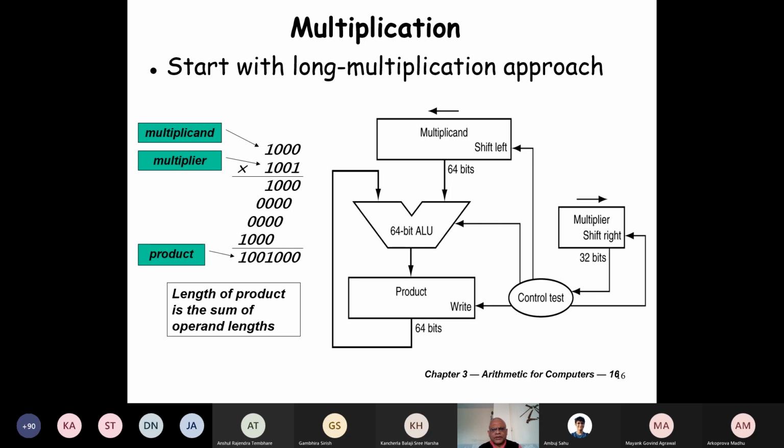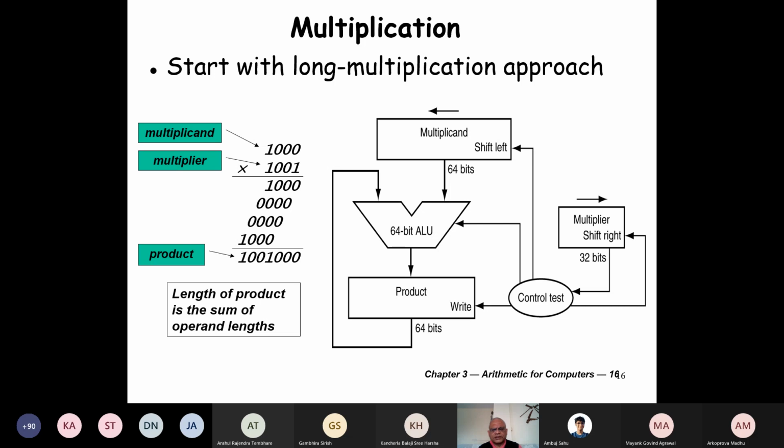We take out the multiplier's last bit. We check the last bit here, and if it is 1, then we enable this adder. This adder adds the multiplicand to the product. And then we shift the multiplier 1 bit right and the multiplicand 1 bit left.